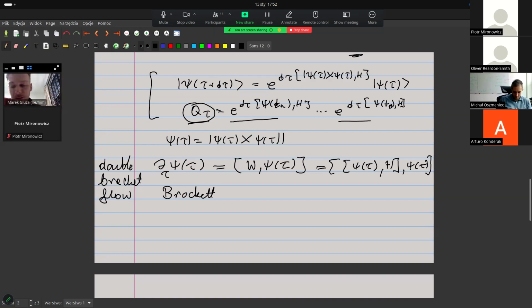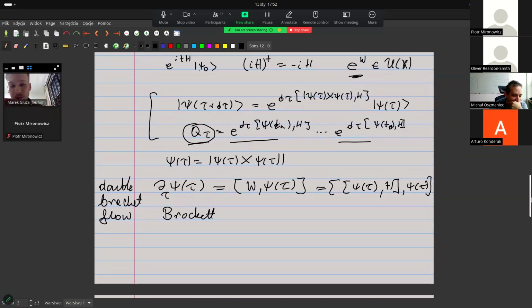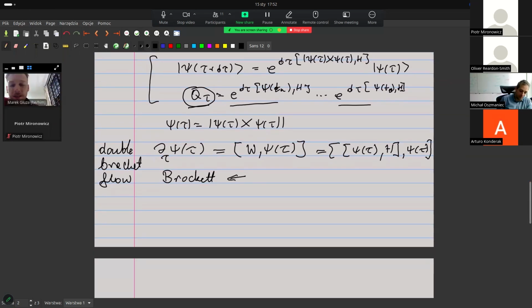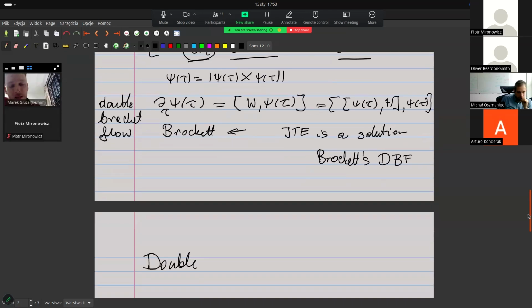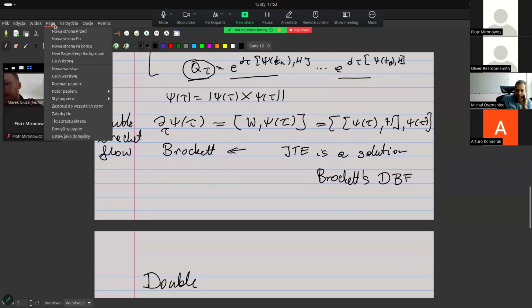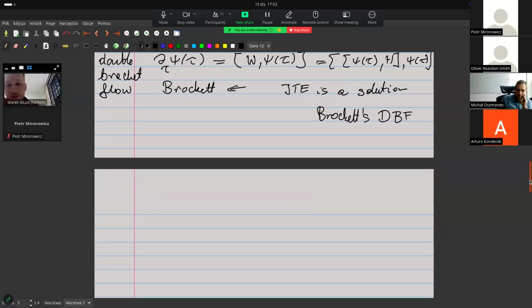Okay, but in the context of Warsaw, Professor Głazek was actually working on similar equations, searching for continuous ways of doing renormalization. So you might know it through some lectures in the Polish context. Okay, but this one specifically is due to Brockett, and it gives us directly a lot of information. So what we have is that the ITE is a solution to Brockett's double bracket flow, okay? And what it means is that we directly get a lot of properties from the understanding